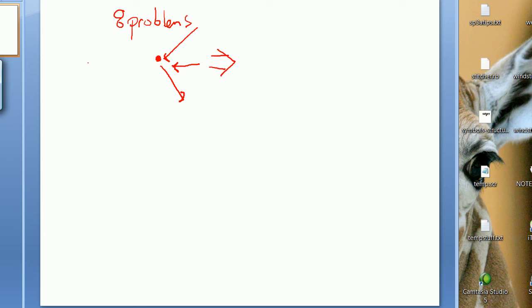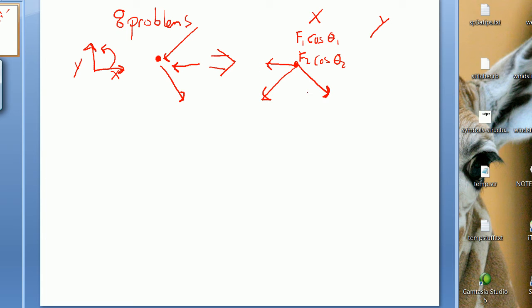which means that you use the rule of transmissibility in that free body diagram. Let me draw my coordinate system here, x and y, in a positive moment, which means that you use the rule of transmissibility and you go ahead and slide this one through, and you slide this one through, and you slide this one through, and you add them up tip to tail, which means that you take, in the x direction and in the y direction, you take force 1 times the cosine of theta 1, force 2 times the cosine of theta 2, and force 3 times the cosine of theta 3,